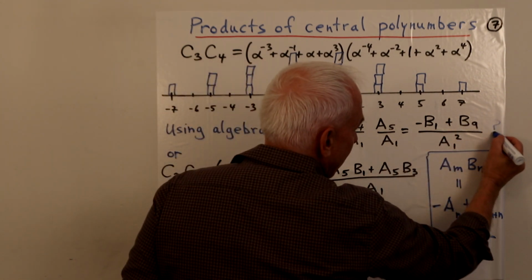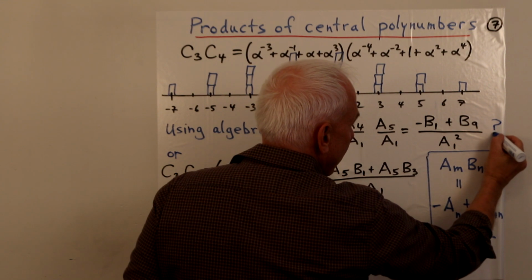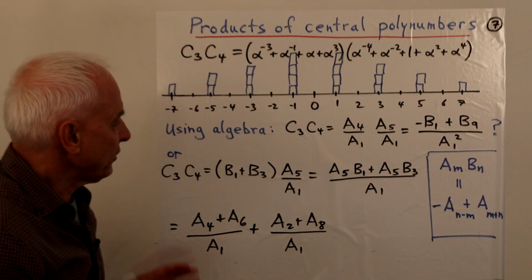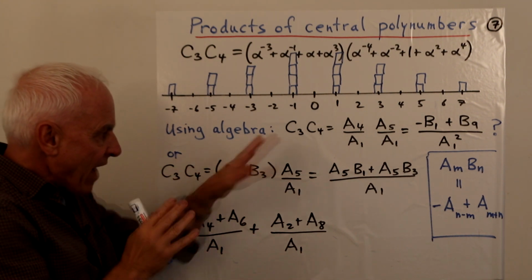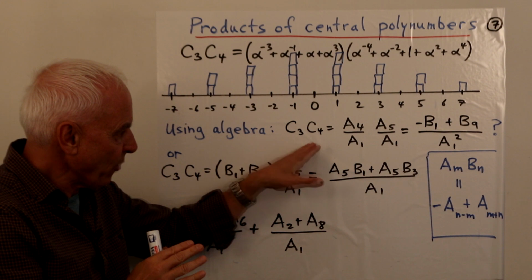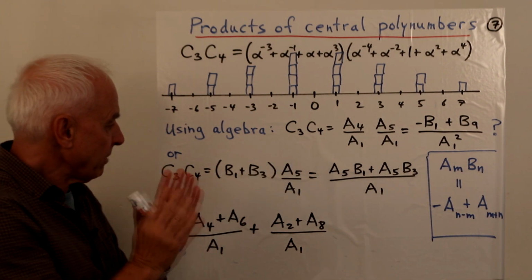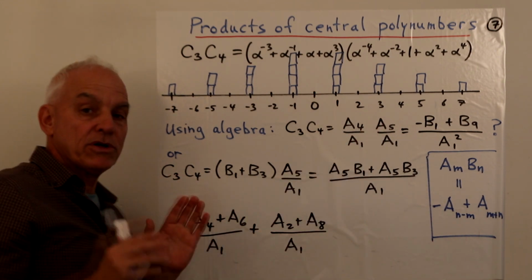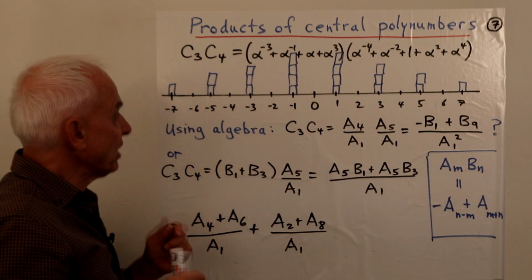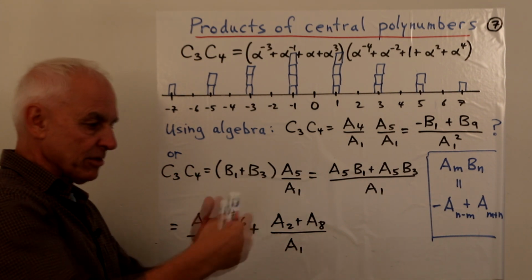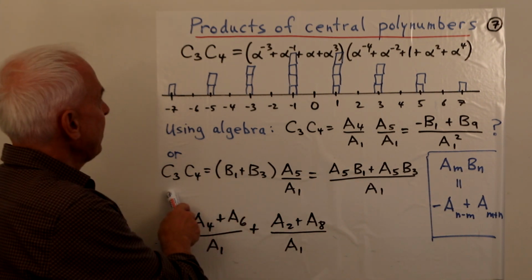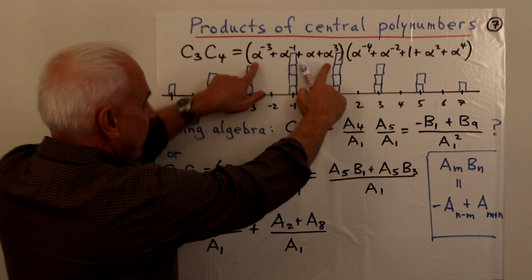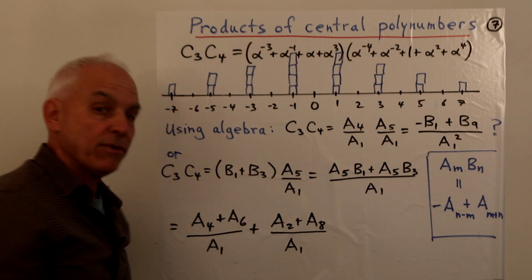However, maybe it's not so clear how to interpret that, okay? So yeah, we can do that, but maybe it's not entirely helpful. But it turns out that there's something else that we can do that's sort of halfway to this, okay? Not going the full way, but just halfway. And what that means is we're going to take C4 and replace it with A5 over A1. But C3, we're going to leave as it is and express it in terms of the B's, because we know how to multiply A's and B's, okay? So remember C3, there's C3 there. That's really the sum of, that one there is B1, and that's B3. So C3 is really B1 plus B3.